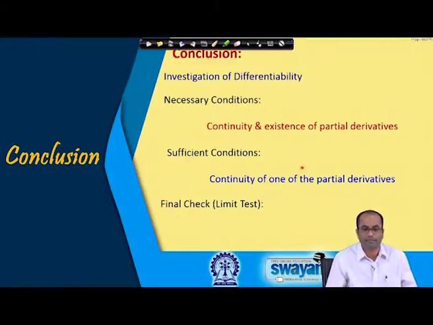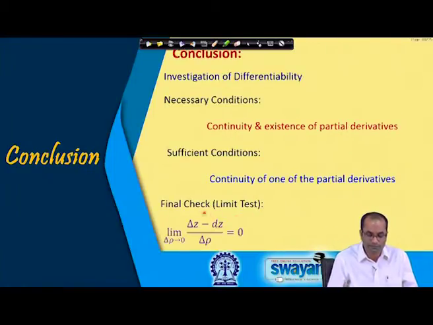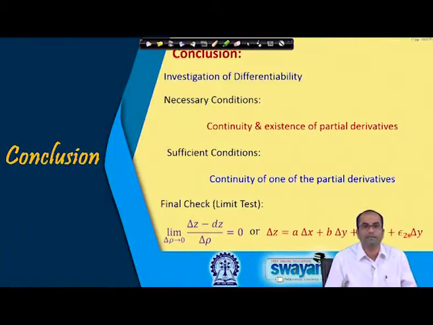And the final check: if we have observed that the necessary conditions are fulfilled and we are not meeting the sufficient conditions, for example, the partial derivatives are not continuous, in that case we have to go for the final check, where one can use the limit test, which is often easier, to prove that this limit is 0 or it is not equal to 0, or we can directly use the definition of